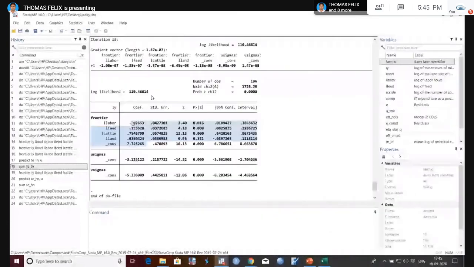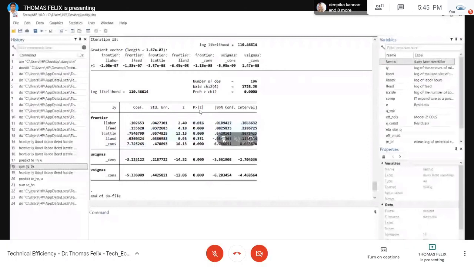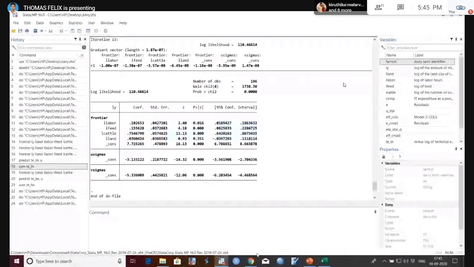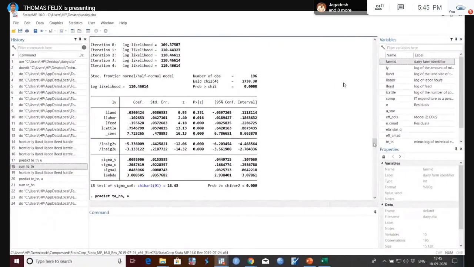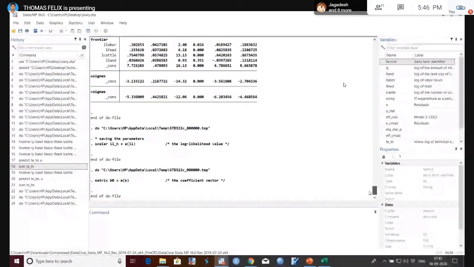To derive the U sigma, V sigma, and lambda, and all other things, I am going step by step. So for that, predicting the U sigma. Here it is a menu driven function. Here you have seen that sigma u, sigma v are all already inbuilt functions. So if you want to go step by step, you can use these.